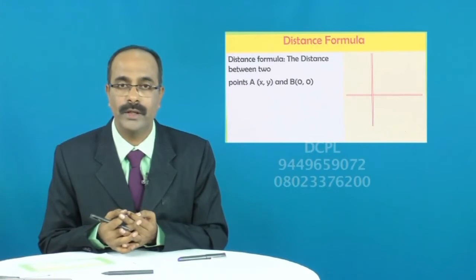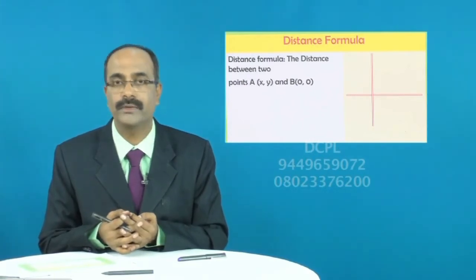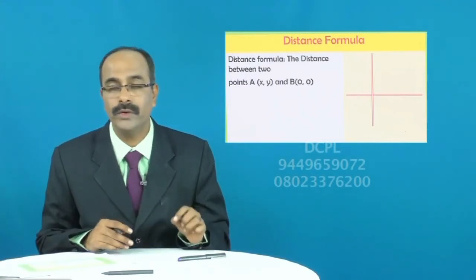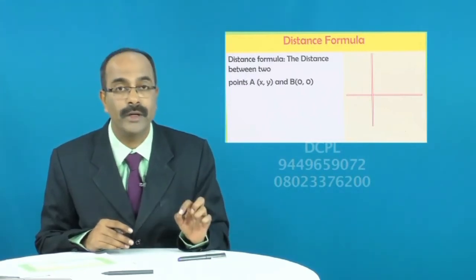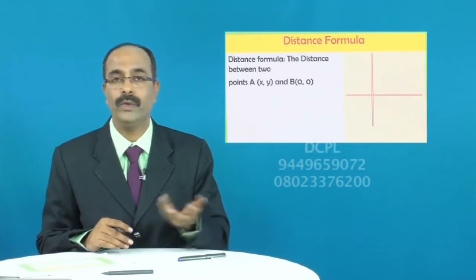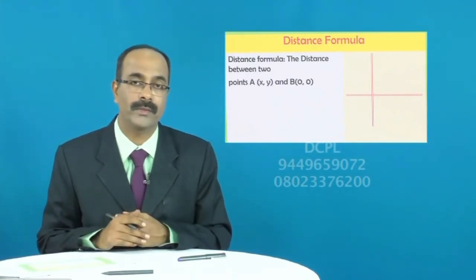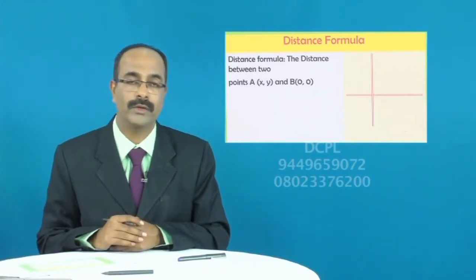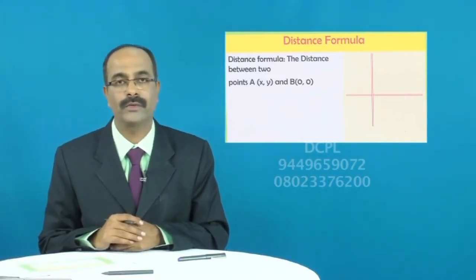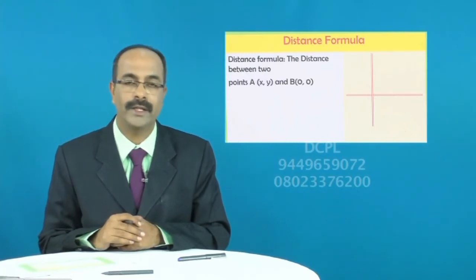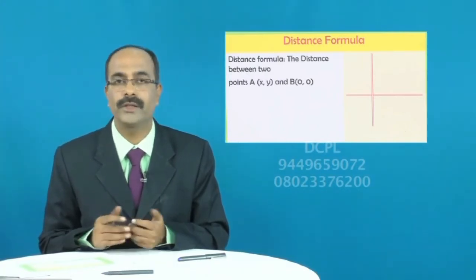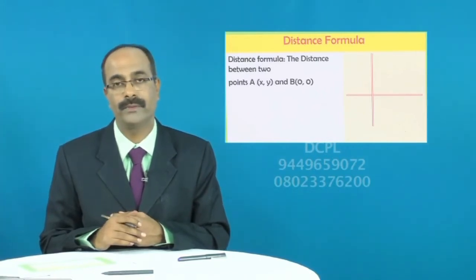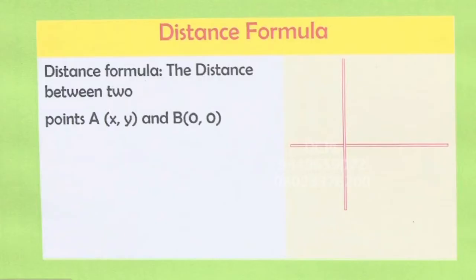What is the distance formula, dear students? Root of (x2 minus x1) whole square plus (y2 minus y1) whole square. Now we are going to find out the distance between 2 points x, y and 0, 0. x2, y2, you write as 0, 0, and x1, y1, you write as x, y. You can easily find out. But there is another, easier way. We'll just consider the point and try to find out the formula for this. What is that formula? Look at this.